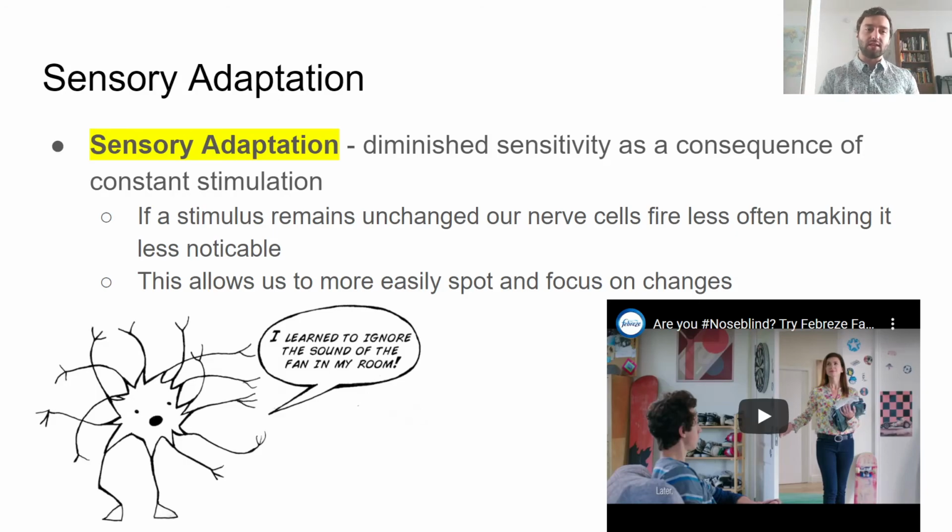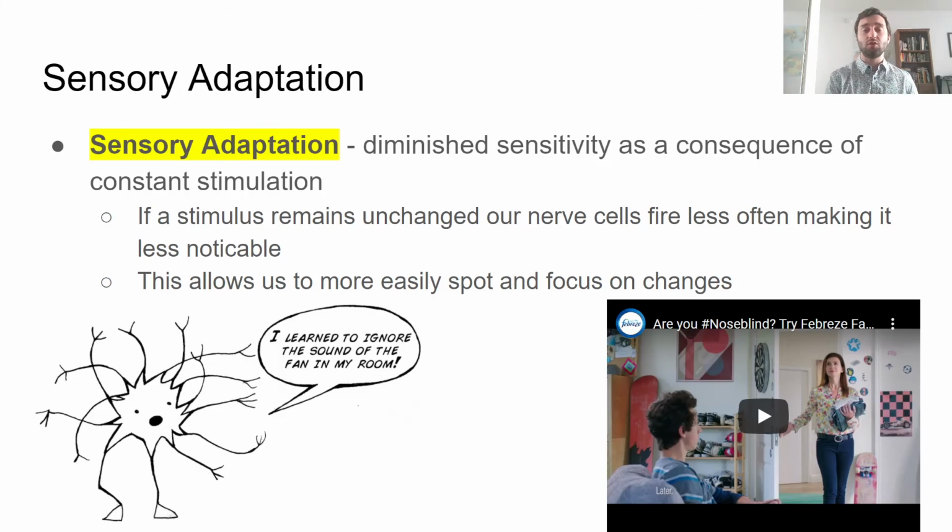What's actually happening here is that if a stimulus remains unchanged, our nerve cells fire less often. The sensation coming in through our ears or through our feet, that neuron is literally firing less and less often. At first, when you first put your shoes on, when you first get dressed in the morning, when you first hear a sound or see something, our neurons fire a lot. When you first put on your socks, you feel them right away, and your nerves are firing a whole bunch. After an hour, where that same sense has been happening, they're firing less and less, so we notice them less and less.